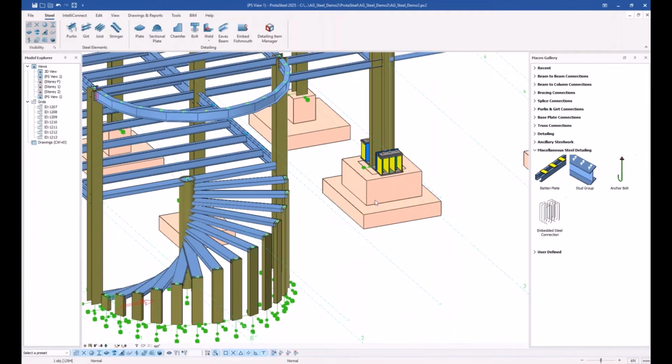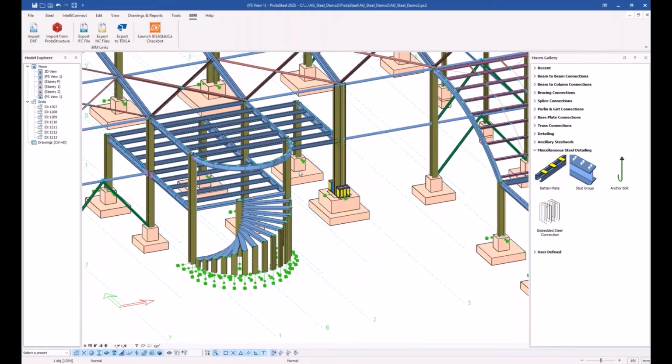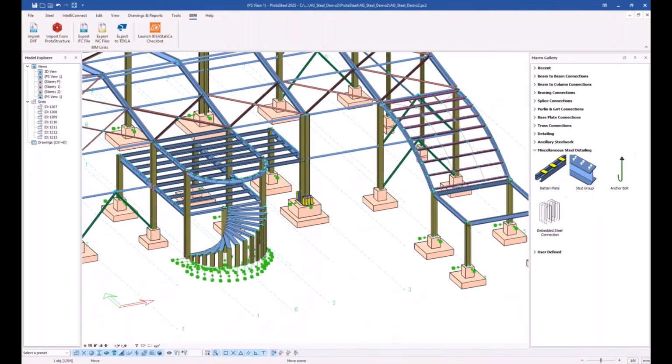So we have also talked about the partial update now. Let's see another new feature which comes with the 2025 version, and it is the BIM connection to IDEA StatiCa. IDEA StatiCa Checkbot, let's launch this Checkbot first, by the way.